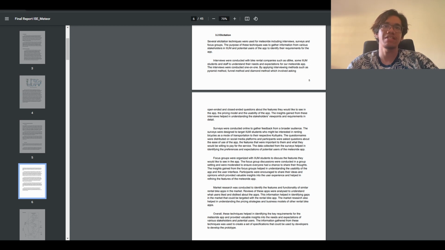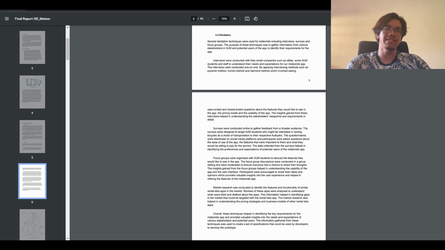We get information such as the pricing model as well as the usability of the app. Not only that, the insights gained from these interviews help us in understanding the stakeholders' viewpoints and requirements in detail. Furthermore, surveys were conducted online to gather feedback from a broader audience.